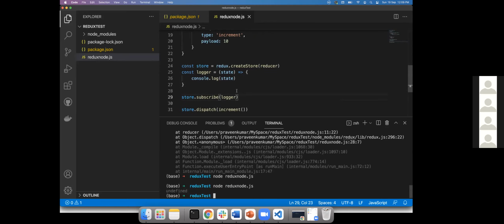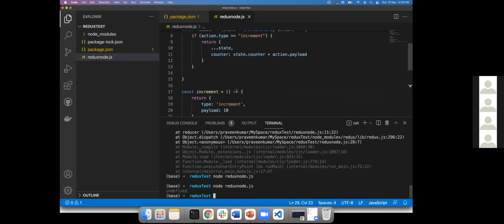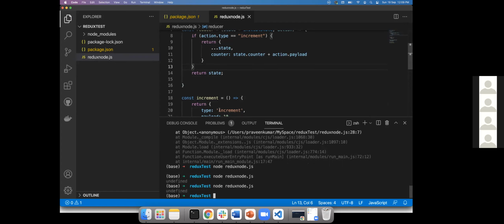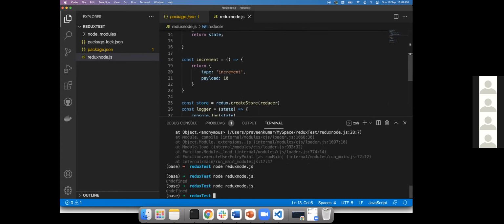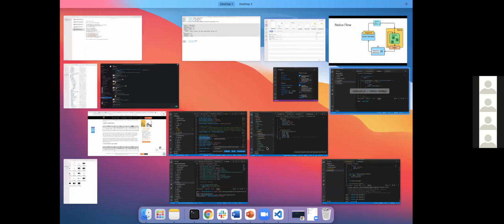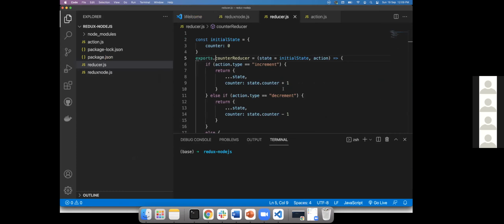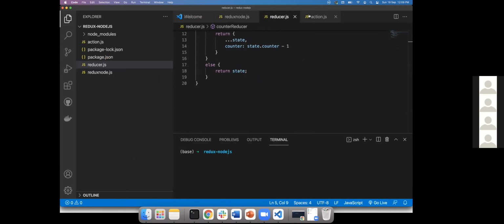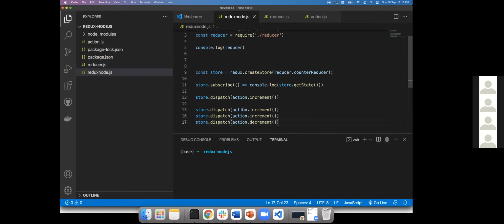It is calling the increment and then it is going to state, return state. Increment is fine, payload is fine, store is fine. One second. Okay, these are all fine. Store dot getState, sorry.